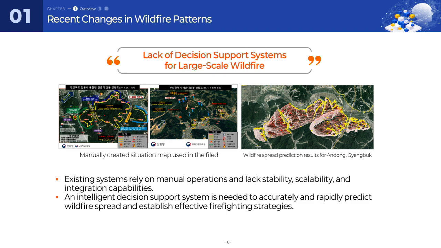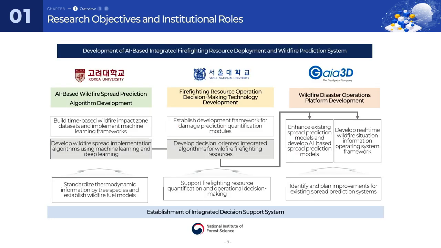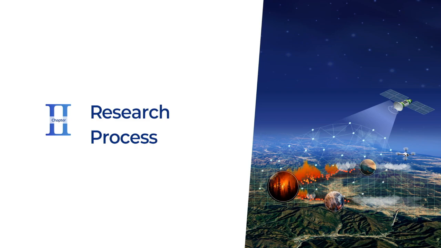Despite this growing threat, however, the current wildfire forecasting system and existing spread prediction systems have proven insufficient for establishing effective firefighting strategies and response measures. This has created a need for an intelligent wildfire spread prediction and response platform that can quickly and accurately predict how fires will spread. So in this study,